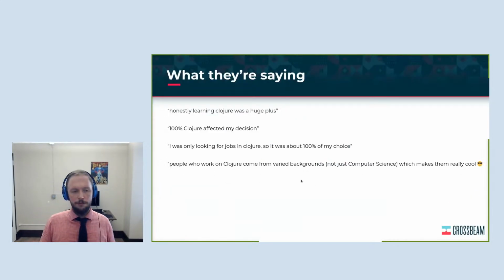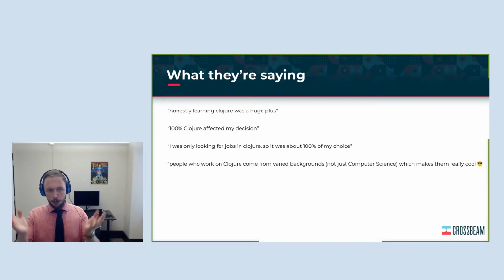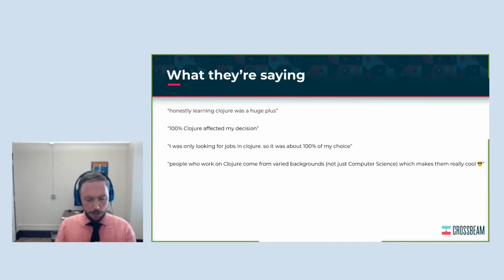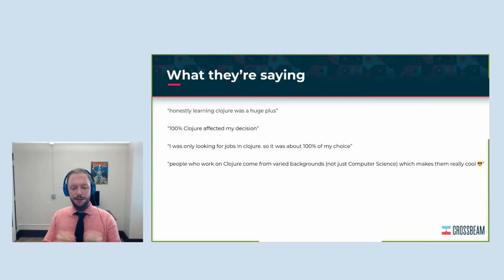I have a few quotes from the engineers on our teams. One says, learning Clojure was a huge advantage. Other people said, well, we were really looking for Clojure jobs first and foremost. And so therefore, we obviously had a huge advantage at recruiting those engineers relevant to companies that don't use Clojure. And there's also, I think, a really important aspect about the community around Clojure, which is that it tends to be a very positive community that is just really happy to be here.